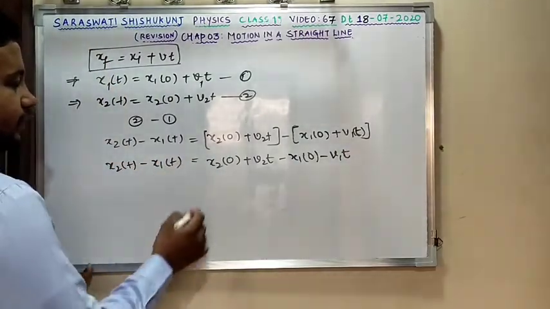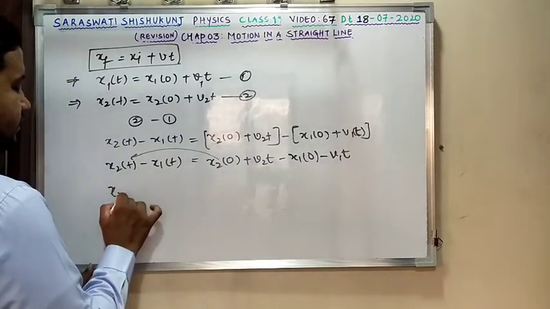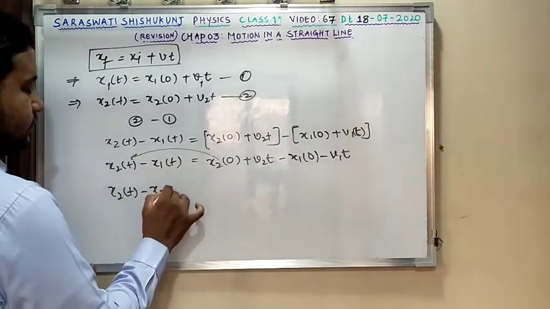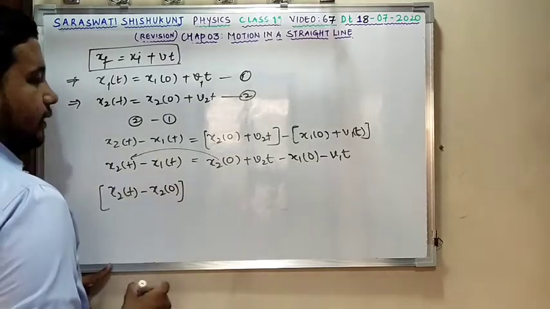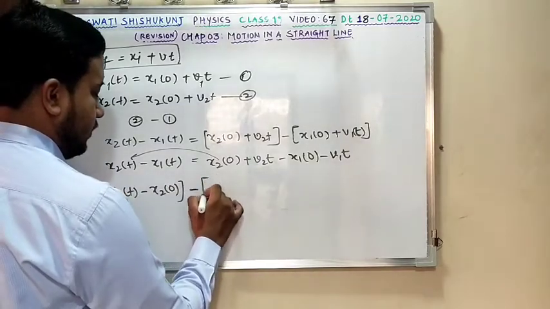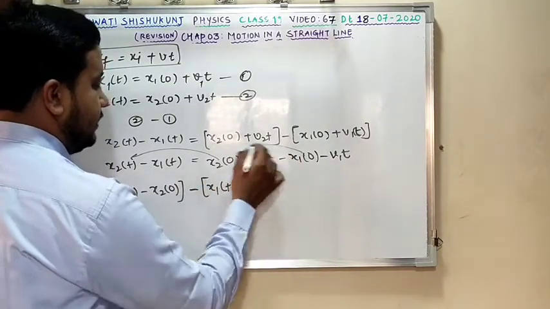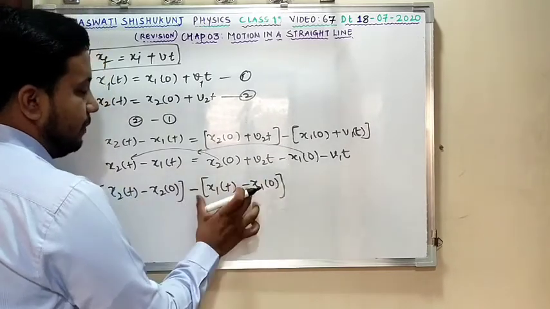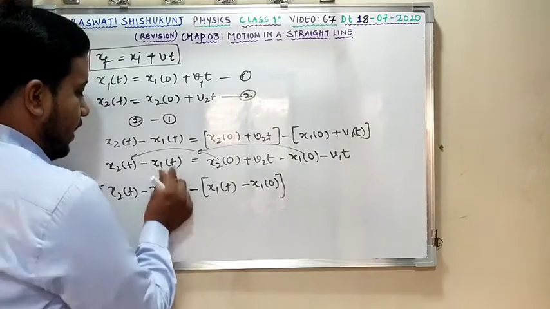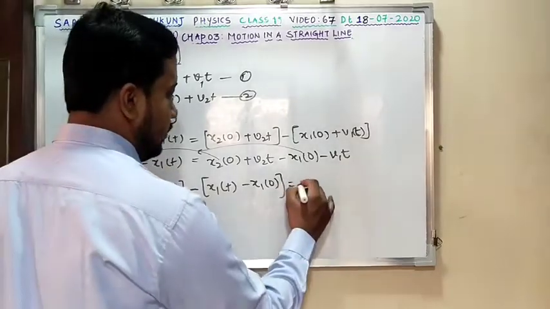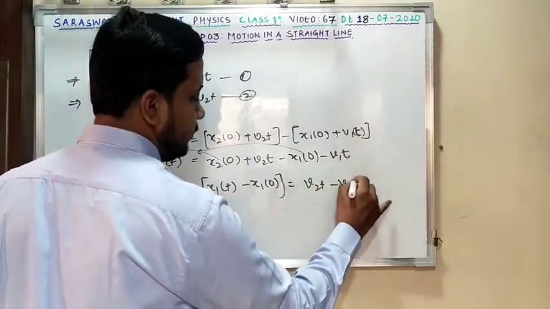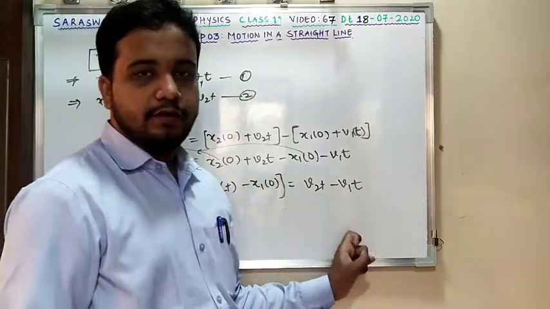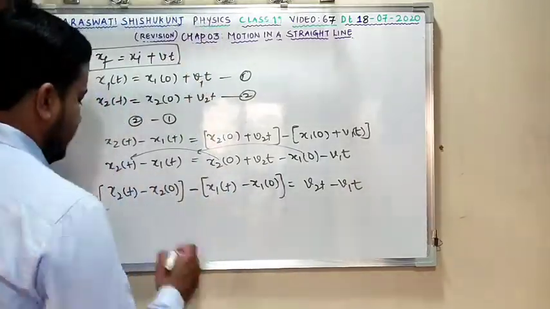Here I am going to get x2(t) minus x1(t). What I will do is shift this side. So x2(t) minus x20 minus x1(t), and if I send this side, it will be minus x10. Why? Because this minus will come over and become plus. So minus minus is plus, and this is as such minus, equal to v2t minus v1t left over here. Clear?